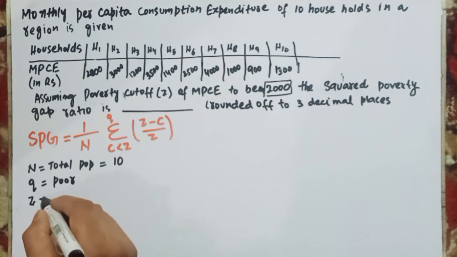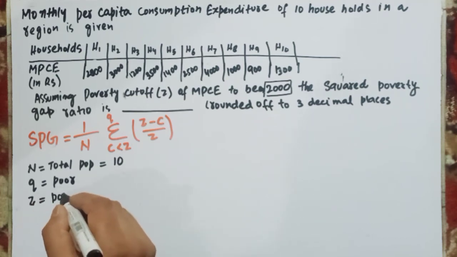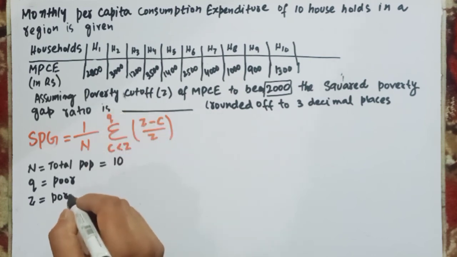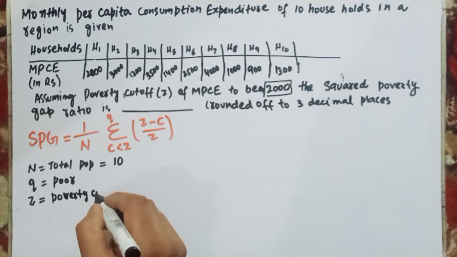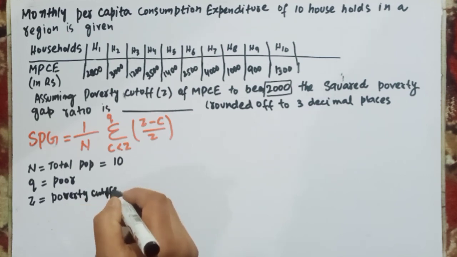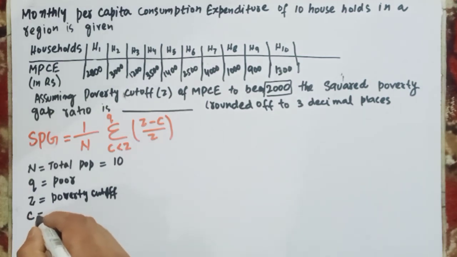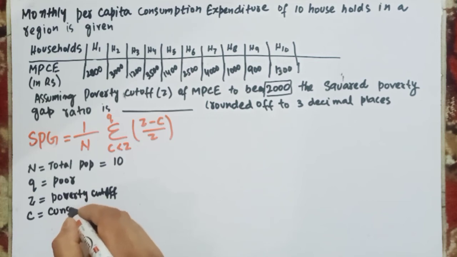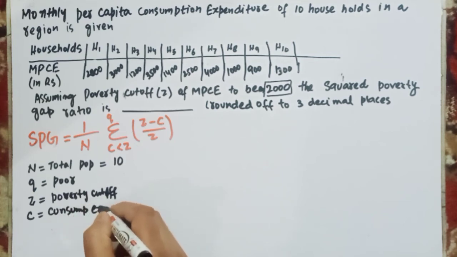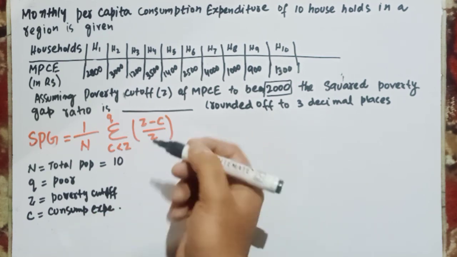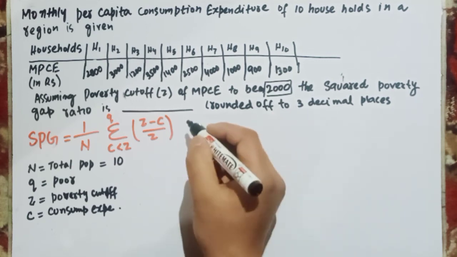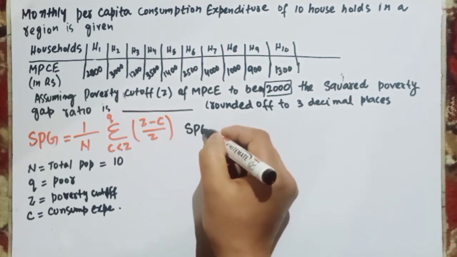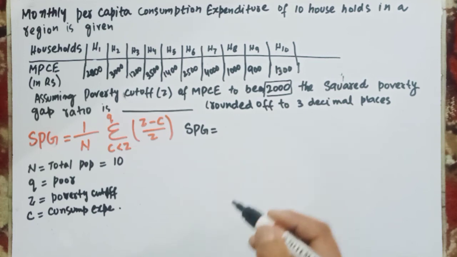And Z denotes our poverty line, what is here written as poverty cutoff. And C denotes the consumption expenditure of the poor people. Now using that very stuff here, we can calculate the squared poverty gap will be equal to